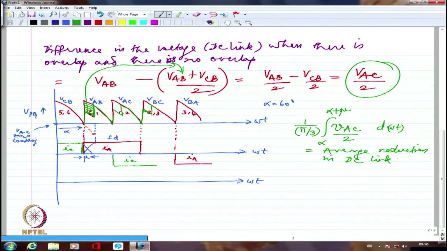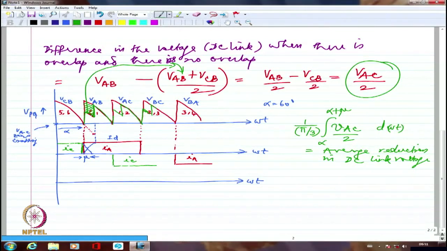So I am integrating this from alpha to alpha plus mu, but I am averaging it over the entire 60 degrees, because this kind of drop or stripping out of the voltage takes place every 60 degrees. So I am averaging it over 60 degrees. If you may recall, the last time we wrote